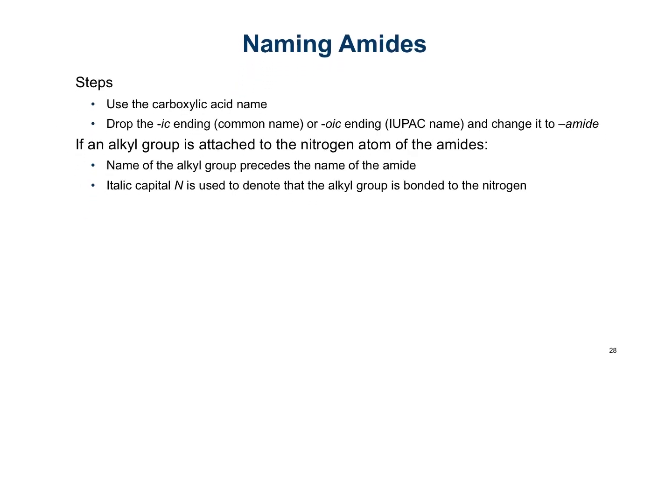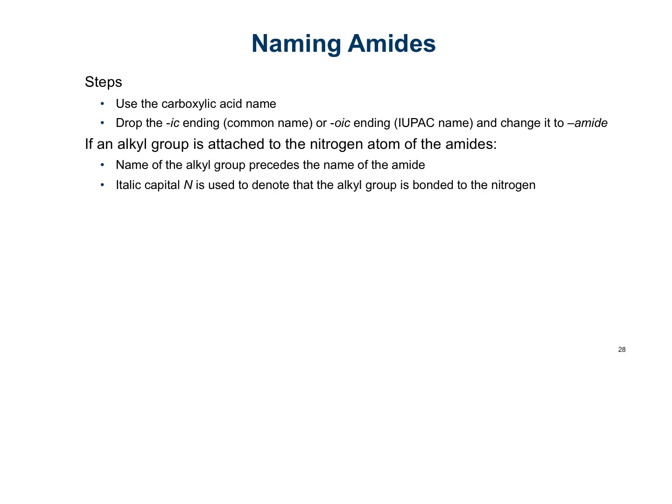If there's an alkyl group, then we are going to give it the name, and it precedes the name of the amide. And then we use a capital N to tell if there's an alkyl group that's bonded to a nitrogen. So let's go through and let's name this